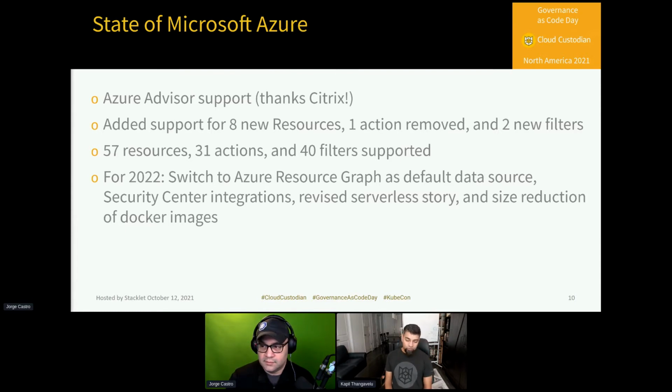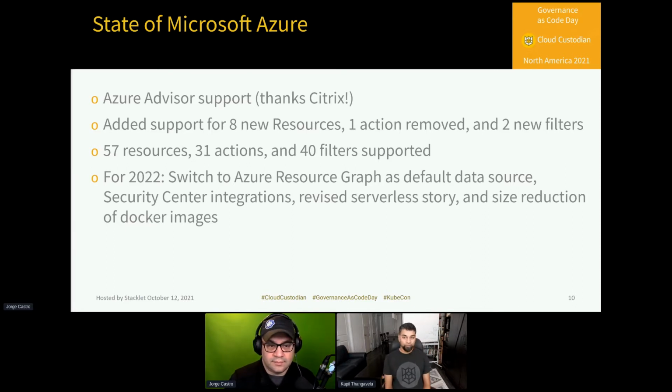And then we've noticed that Custodian can drive a lot of serverless functions. Each policy provisions a separate function in the different cloud serverless runtimes. But in Azure, that doesn't really map well to the native capabilities of their serverless runtime. So we're going to look at potentially revisiting that. And the Azure SDK itself also drives a lot of size issues just because they carry additional versions for every historical version. We wanted to see if we can reduce the size of our Docker images significantly by stripping some of those older versions that are no longer in use around the SDKs.